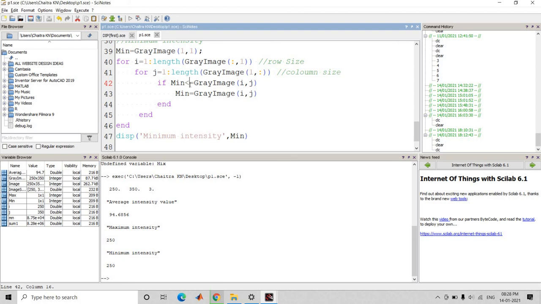You have to make less than as greater than. For minimum you have to check minimum is greater than or equal to gray image of that particular element, while in the maximum you compare maximum element is less than or equal to the gray image element. So again save